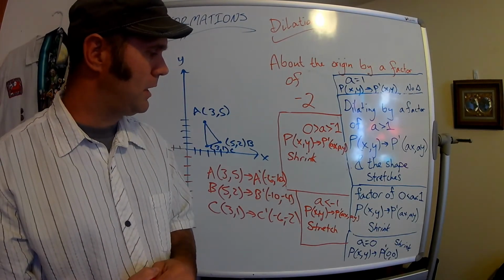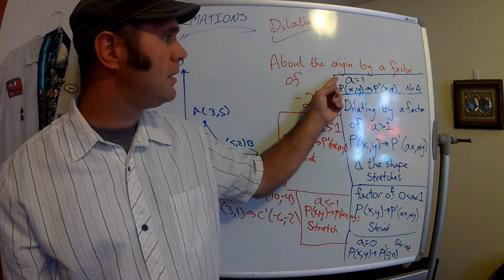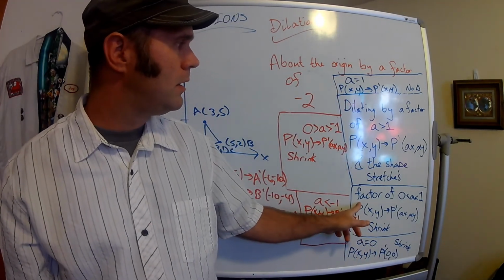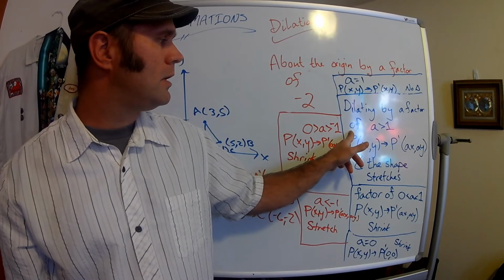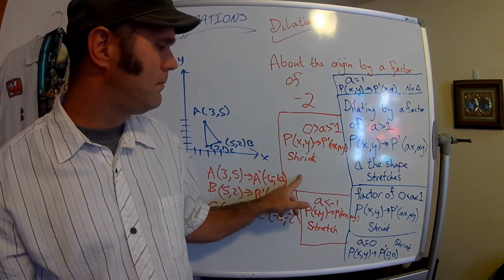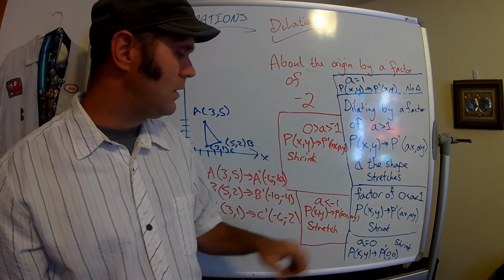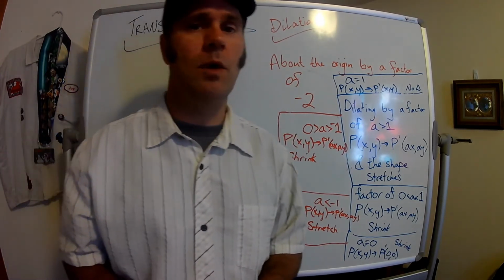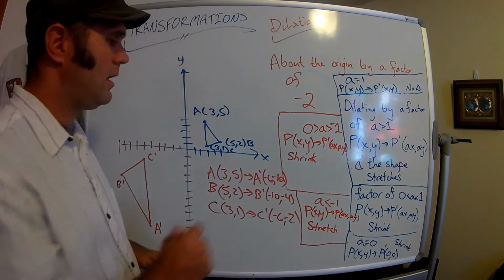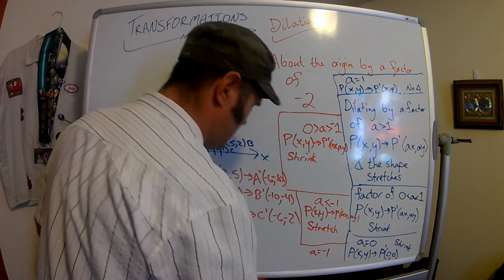So you can be given 0, 1, anything between 0 and 1, anything bigger than 1, and then anything between 0 and negative 1, and then anything even more negative than negative 1. Of course, if we had done negative 1 itself, a equals negative 1,